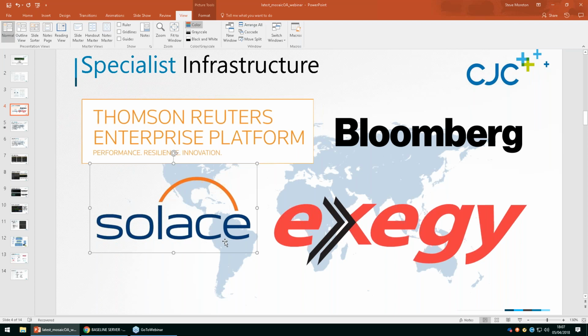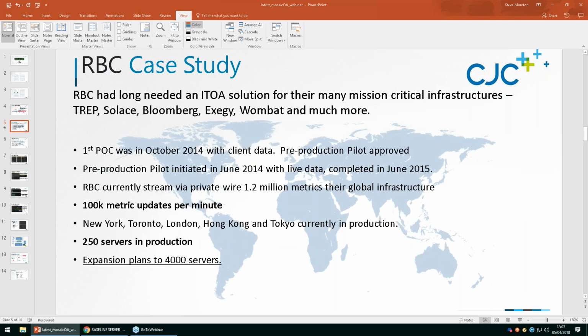And as time's going on, these are very critical systems. It becomes so important that you know where the problems are developing, where the capacity is. And this is a concept called ITOA, IT Operations Analytics. And basically, we had one of our clients come to us in around 2014 saying they wanted to have an ITOA solution. And if I just go through some of the key challenges here,